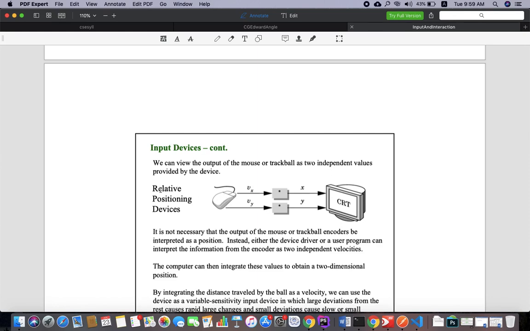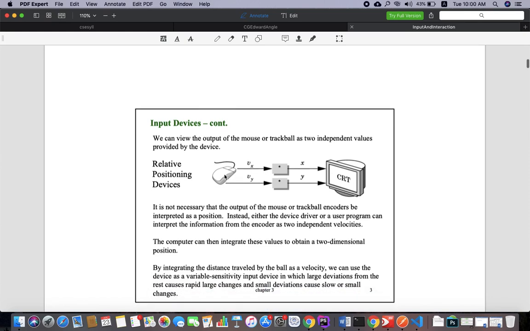So when we say relative positioning devices, there is some mechanism involved in a mouse that is going to provide us a position. Now when you say a mouse, there will be a trackball. The mouse has changed, the optical mouse has come across, but before that we used to have a trackball mouse. So the distance the trackball travels, that is going to give us the particular position of the cursor on the CRT or the monitor, right?